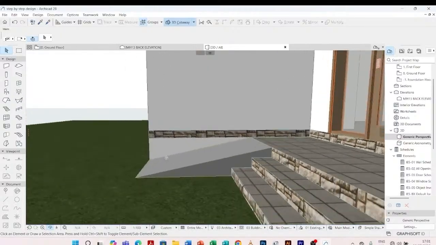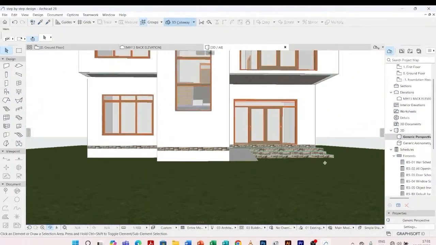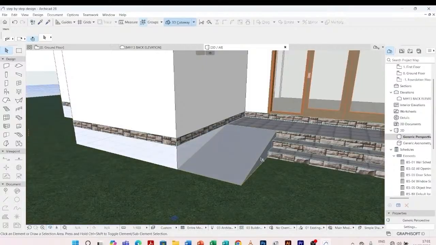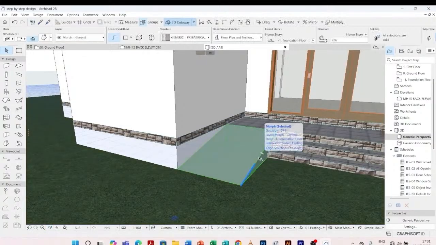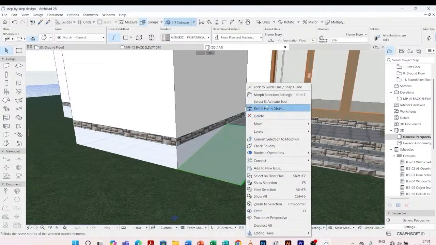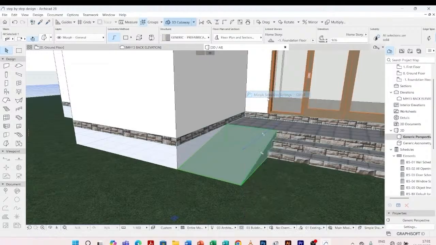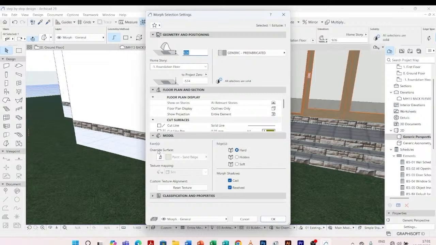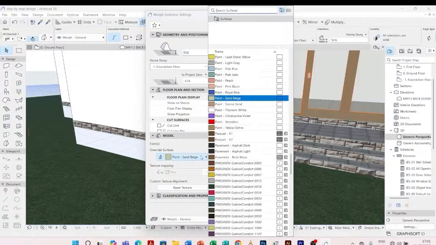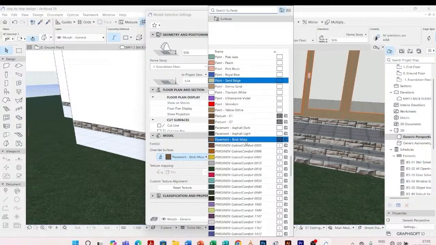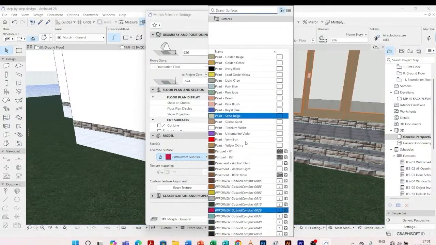So I have my ramp. That is my ramp. I can give it material, I can assign material to it. I click on it, I Ctrl T or right click, then I go to morph settings. Under morph settings I come under model, then I click this brush, I click on it, then I'll give it material. If I can give our ramp, I can give it